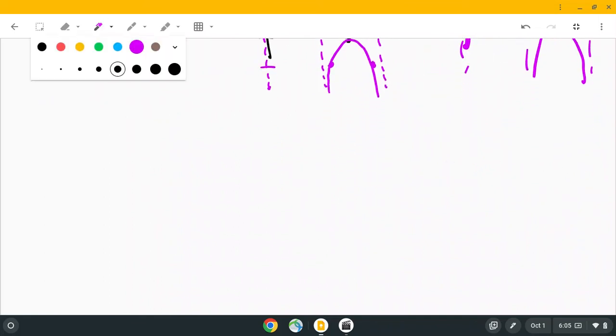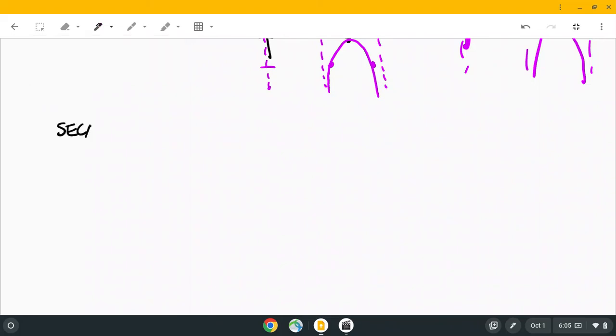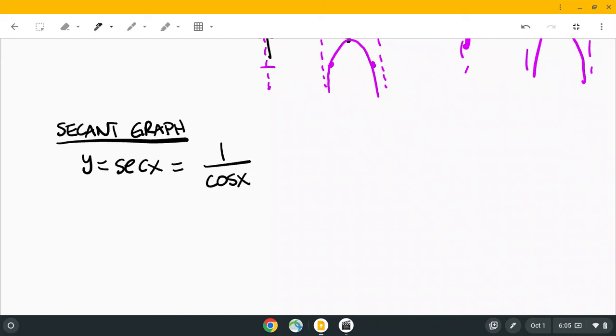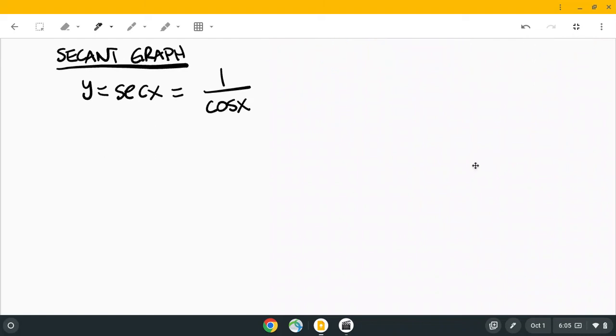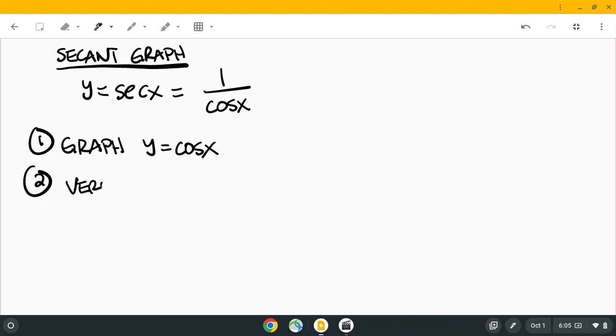So let's do the secant graph. All right. So y equals secant x. And remember, secant is the reciprocal of cosine. Okay. So we are going to, just like cosecant, graph the cosine function first. And then we're also going to put down the vertical asymptotes